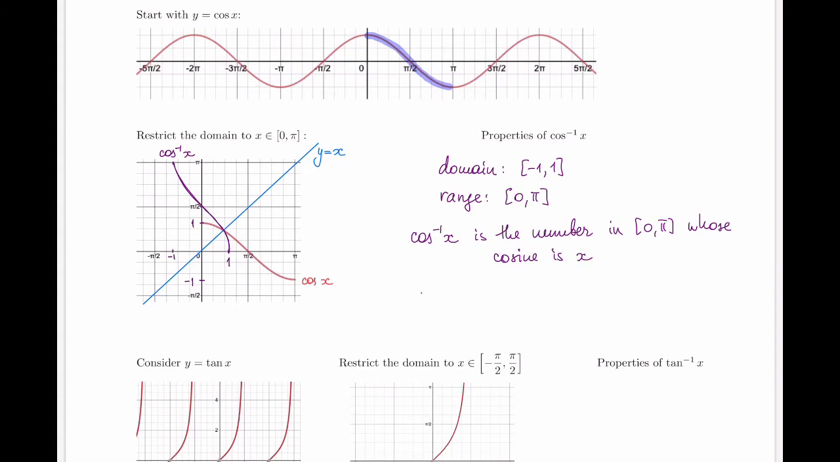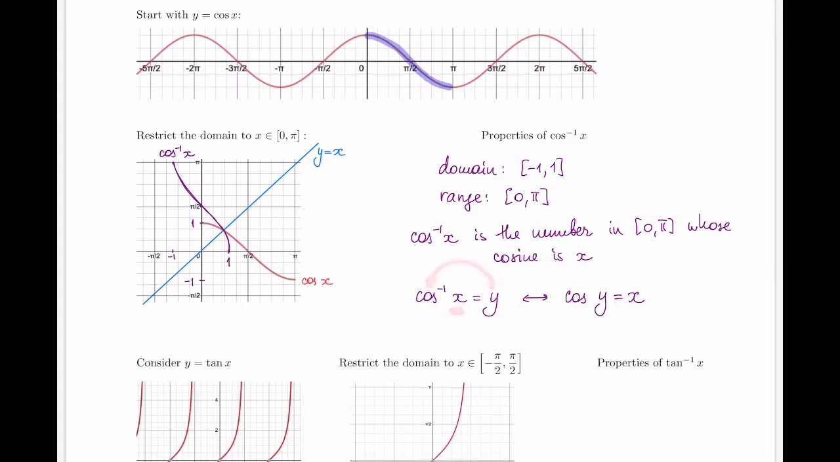Writing this in terms of the functions, if I am saying that cosine inverse of x is y, this is equivalent to saying that cosine of y is x. So notice how my input and output switch places here. This is saying that y is the angle measure and x is the number. Inverse cosine says that you are given the number and you produce the angle measure whose cosine would have been